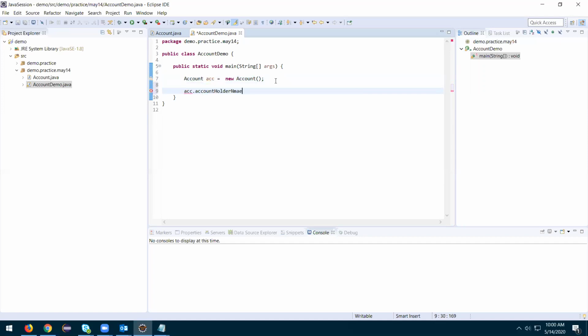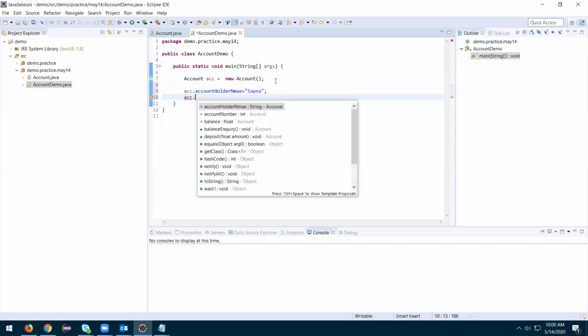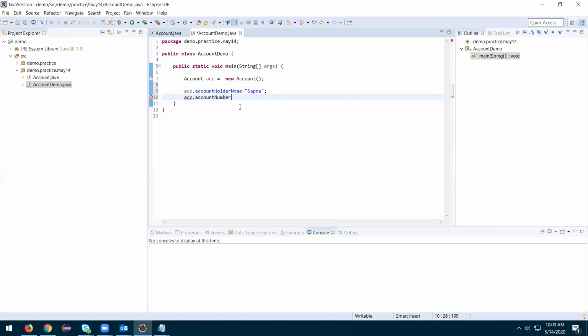Account dot account holder name equals Sapna. Account dot account number. Do you want my original account number?